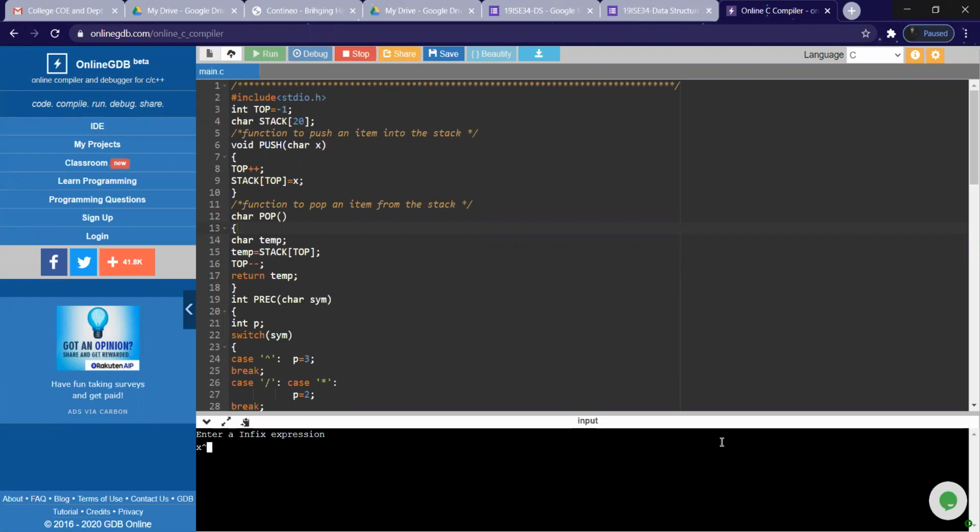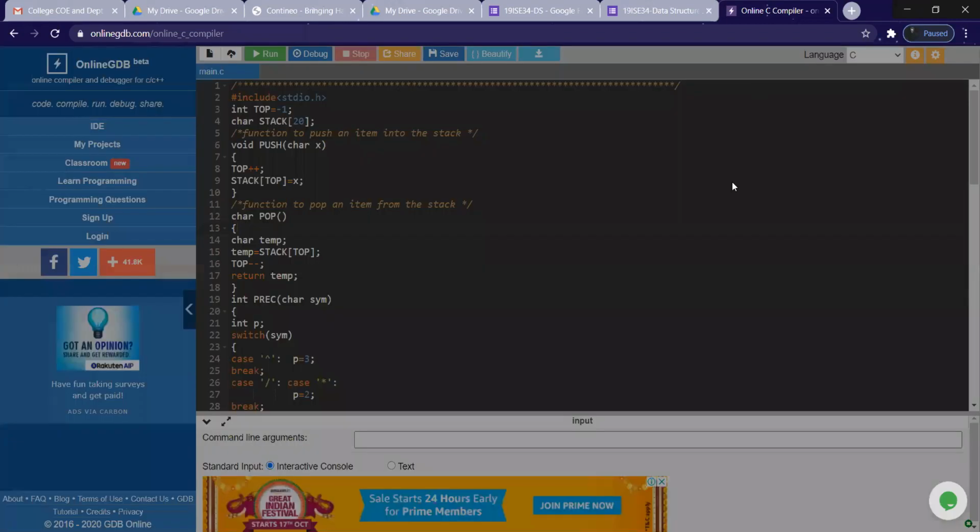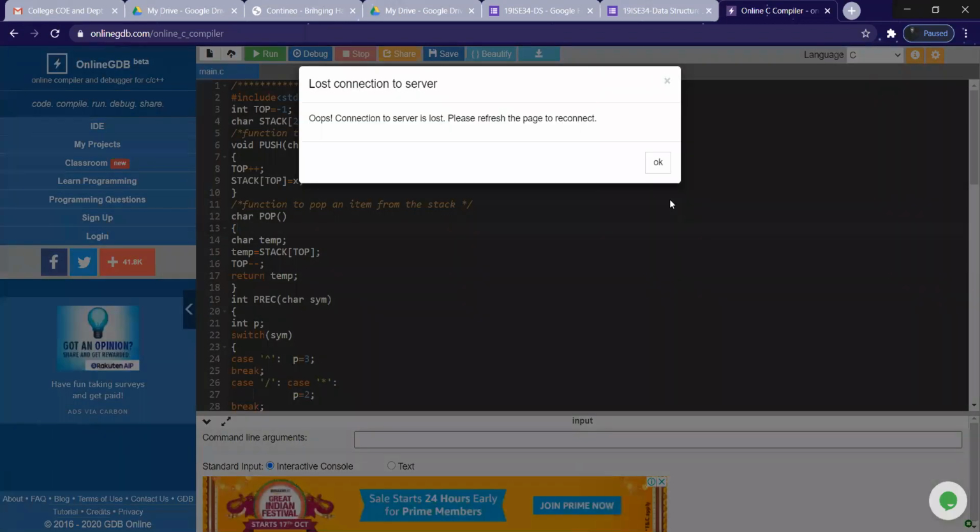X power y divided by, open parenthesis, 5 into z, close parenthesis, plus 2. Oh, it is not getting. It got stuck. Connection lost.